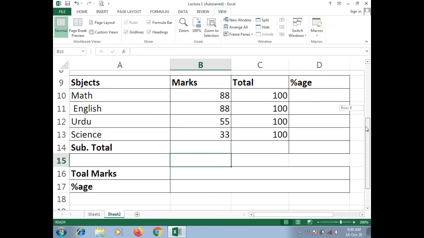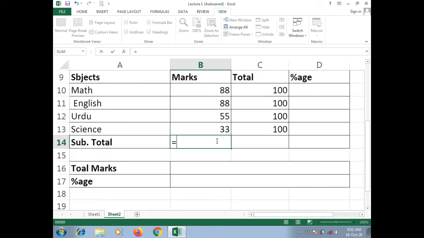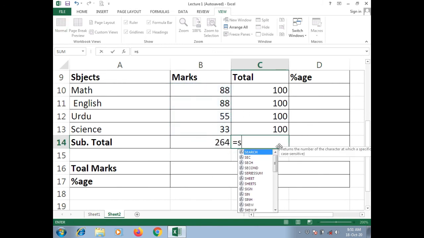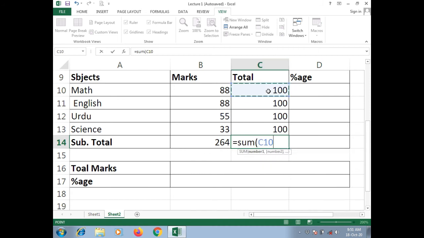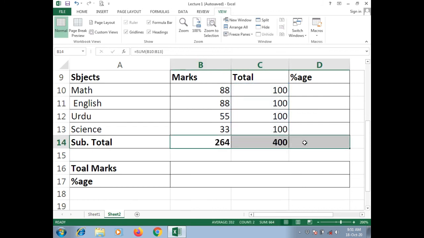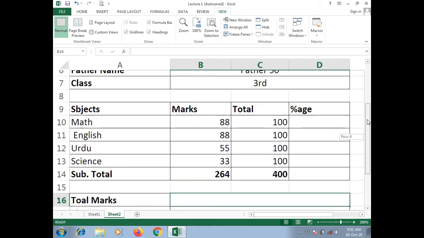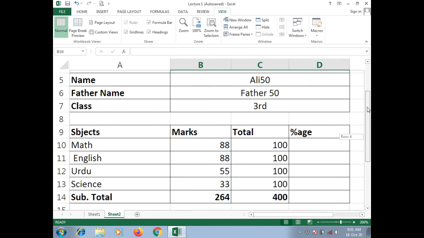So now I'm going to use the sum formula, equal sign, sum. This is the sum range, and again we need to sum the range for total marks. Let's use bold. Total marks, the student 50 has attained 264 marks out of 400.